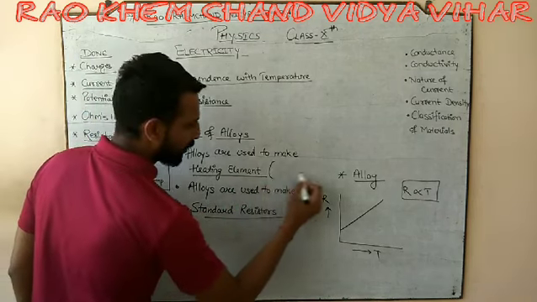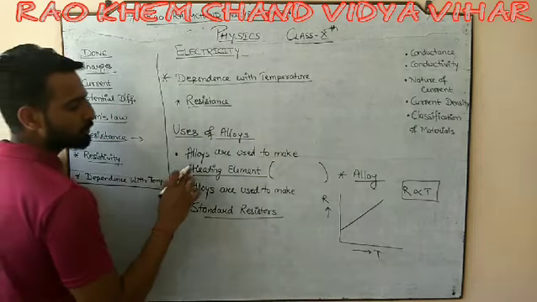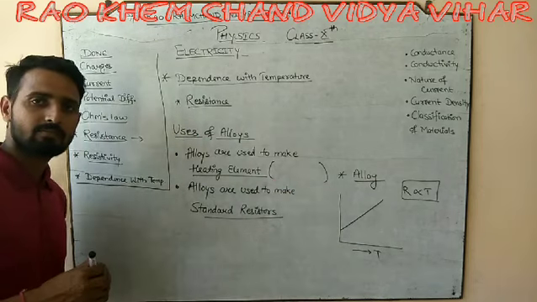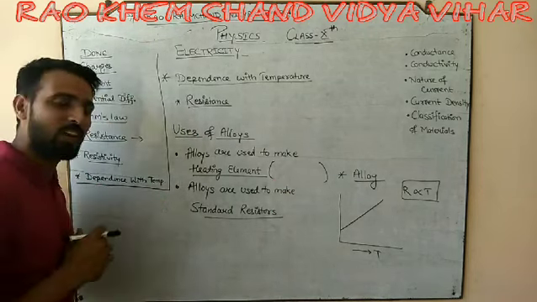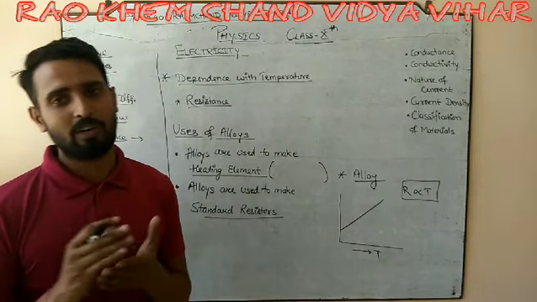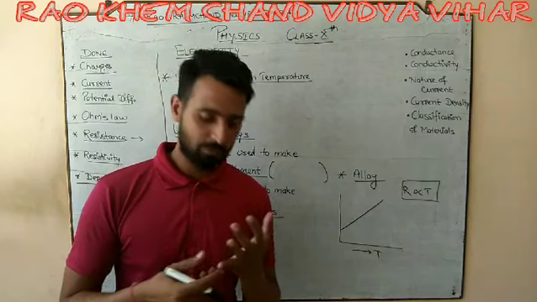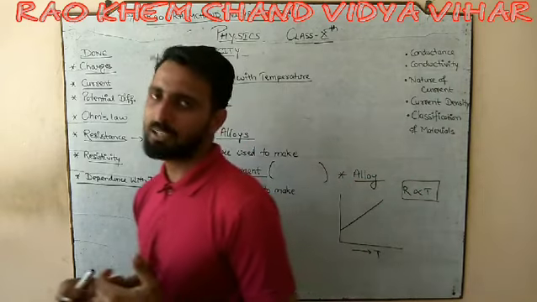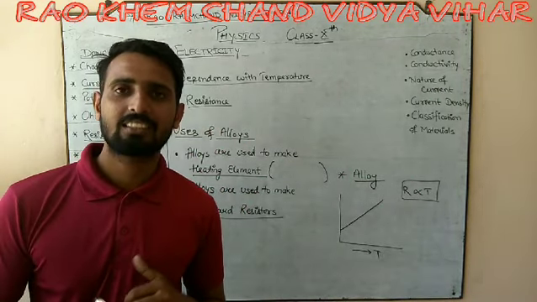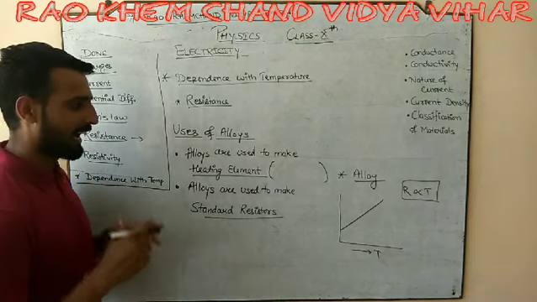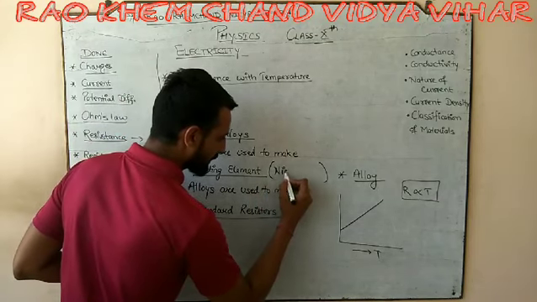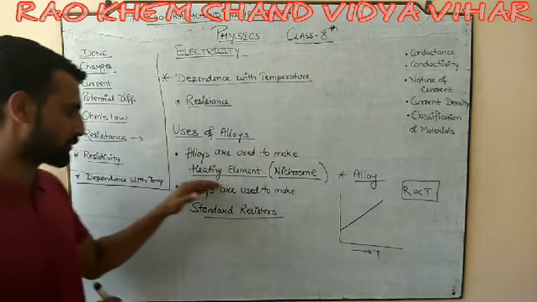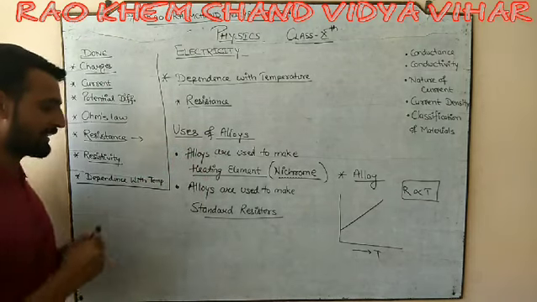If I want to give more knowledge about that, which alloy is used mostly for the heating element? Try to figure it out by yourself. Everyone has seen a heating iron and a heating rod in their homes, but what material is it made up of? First try yourself, and if I give you the name, it is nichrome. Generally nichrome is the alloy used to make the heating element.